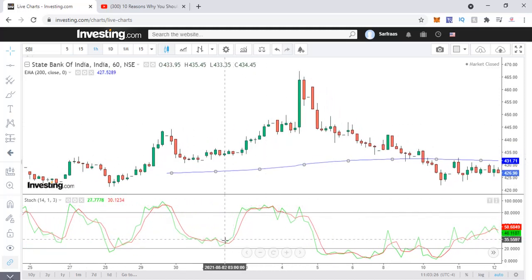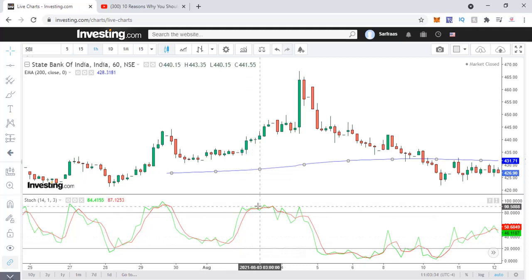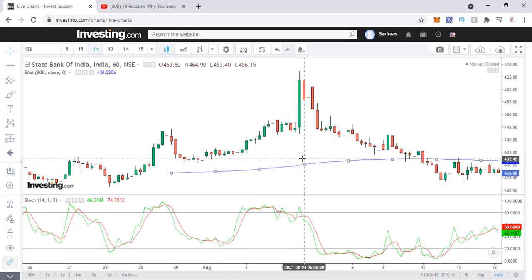When the candles are printed above the moving average, I would say take a buy call. So I would take this buy call over here, because the candles are above, positive crossover, and I get this rally. Since it is still trading above the moving average, I wouldn't short it. I might probably book a profit over here after seeing an inverted hammer kind of a candle. So it depends on your trading strategies.